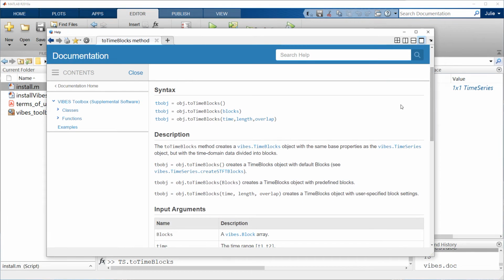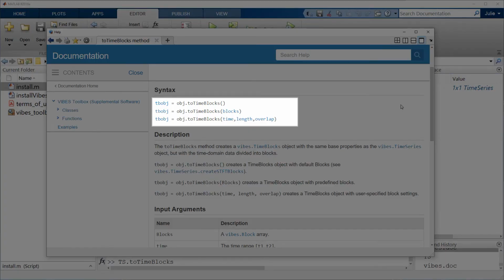Here we see that there are a few different ways to define the inputs. Using just empty parentheses after the method will use the default parameters in the calculation and is equivalent to not including any parentheses. If we put a single variable into the parentheses, then it has to be the Vibes.block object. And with 3 inputs, I can set the time, length, and overlap of my desired blocks.